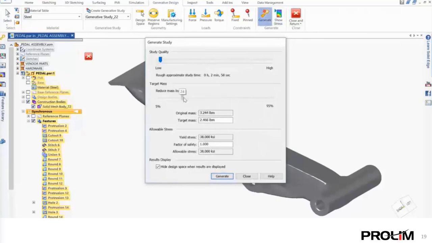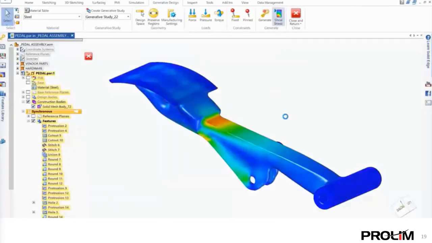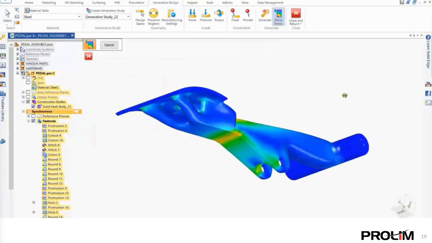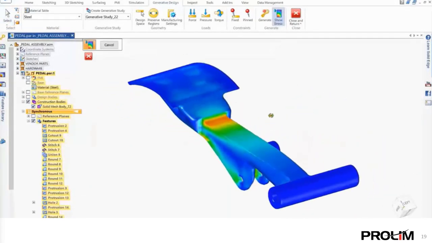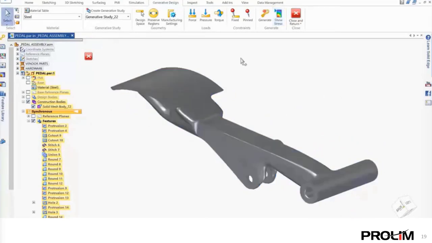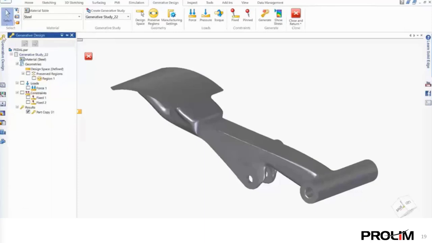Here we can make some final adjustments to reduce the mass a little bit more and see what the results look like. And as we can see, most of the material being removed is from under the pedal structure itself. Depending on the user's preferences, multiple studies can be created, and each study's settings are easily accessible through the edge bar for quick changes. This process makes it easy to adjust any parameters in order to get the best results